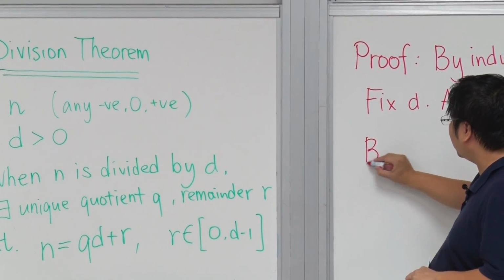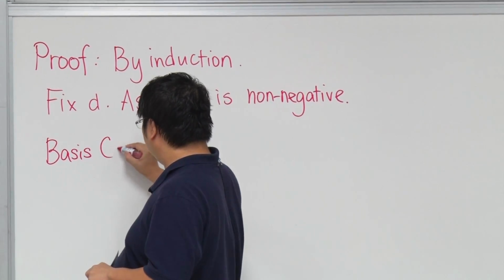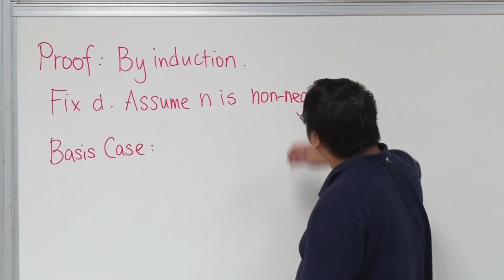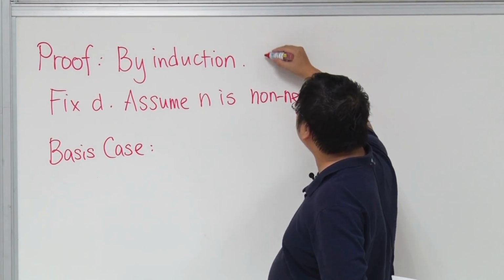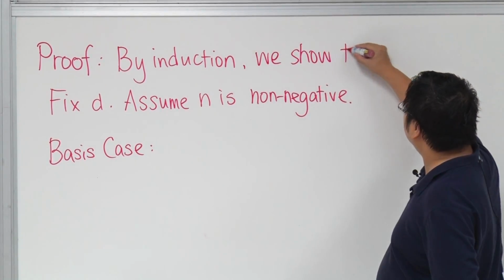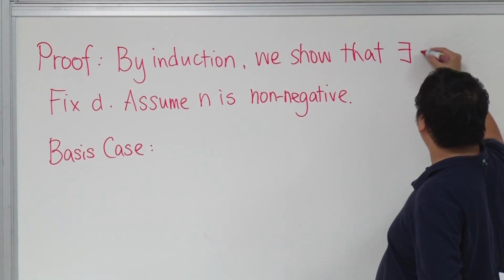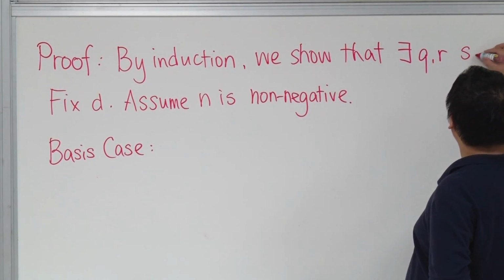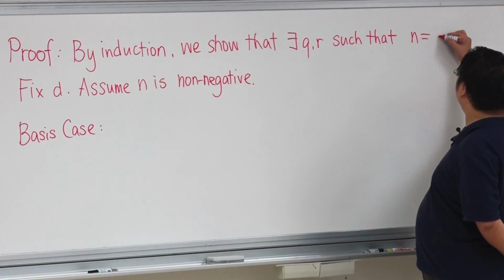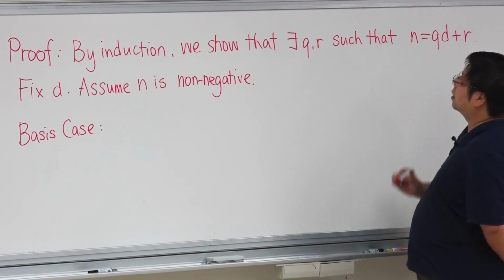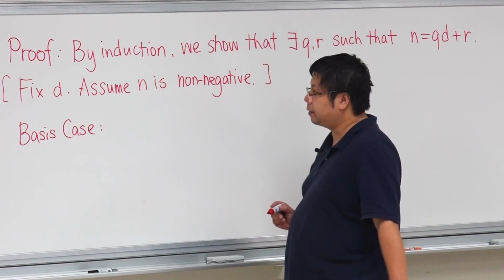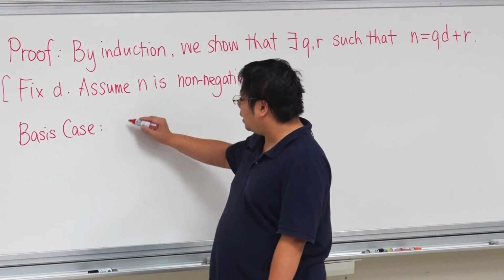So first of all, what is the base case? By induction, we show existence. This is what we are going to assume: we fix a d, and then we assume n is non-negative. So the base case is when n is equal to 0,